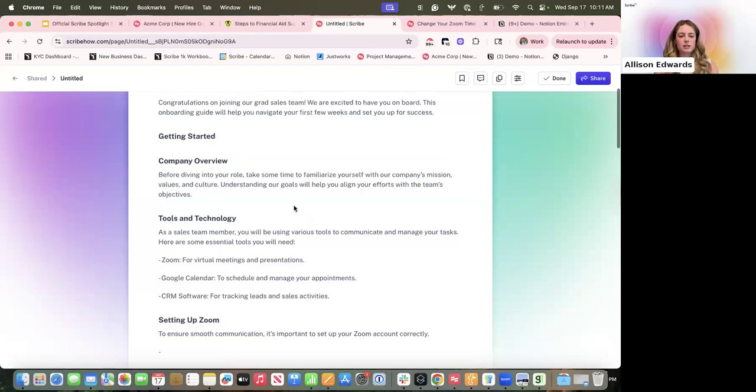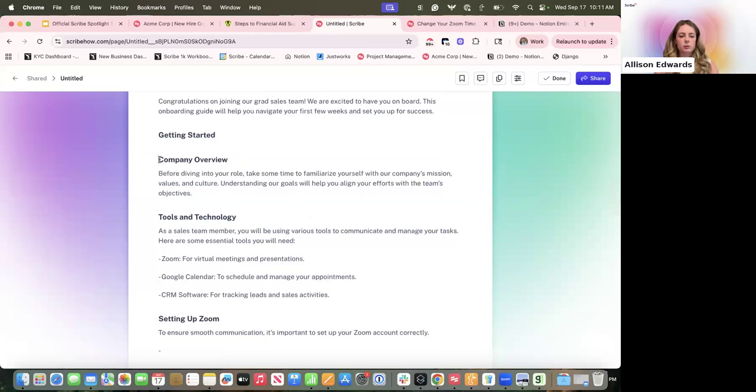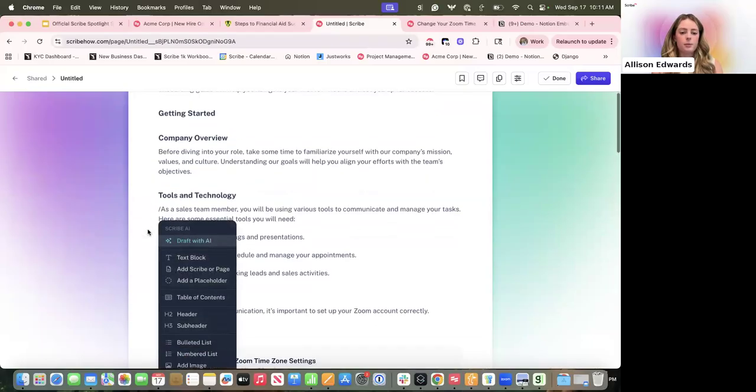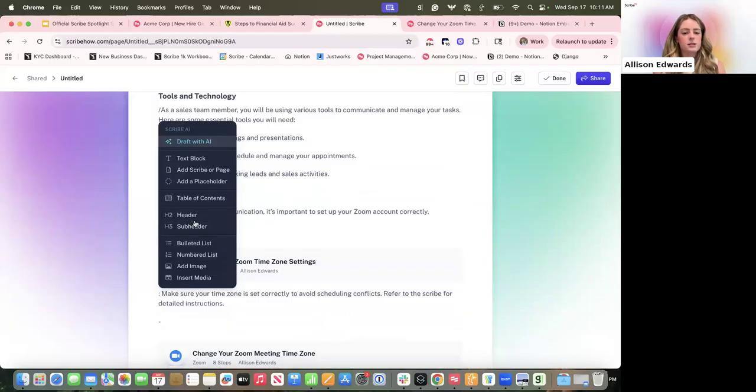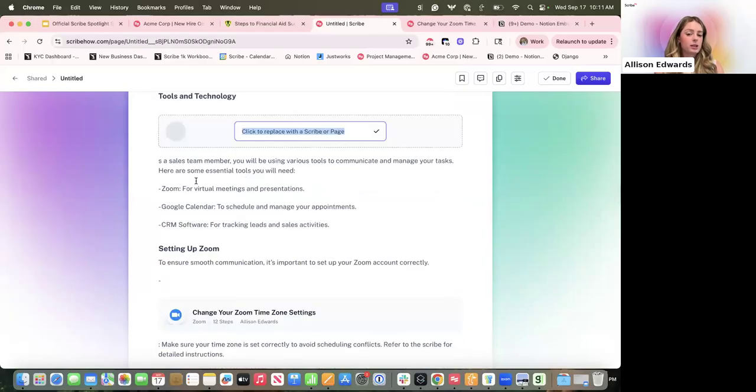Awesome. Great. And then something I do want to point out is our toolbar. If you wanted to add some more content or different things like that, of course you can type directly, but as you can see, we have this T box pop up with this little toolbar. You can add in a bunch of different things or even select headers and bulleted lists. This is also how you would add in those images like I mentioned, or insert media such as those YouTube videos. You can even add a placeholder.